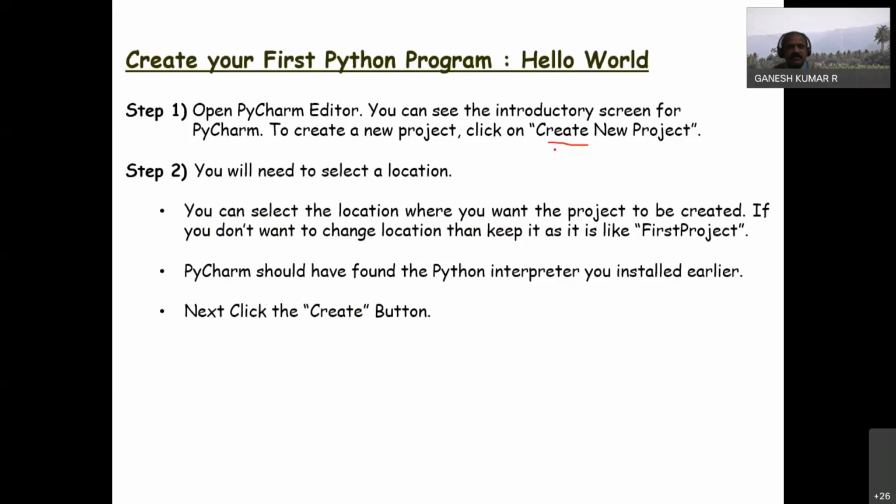If you don't want to change the location, by default it will be saved in the first project. As I mentioned in the previous session, PyCharm should find the Python interpreter. PyCharm will be available and connected automatically with the interpreter which we installed earlier.